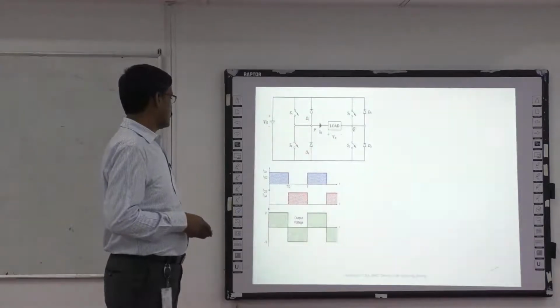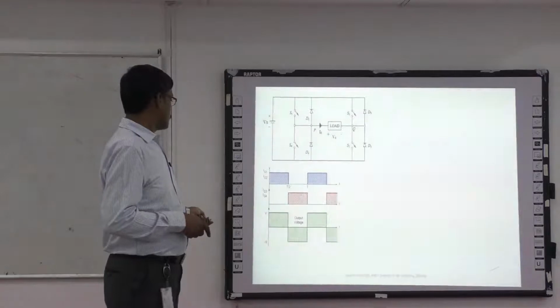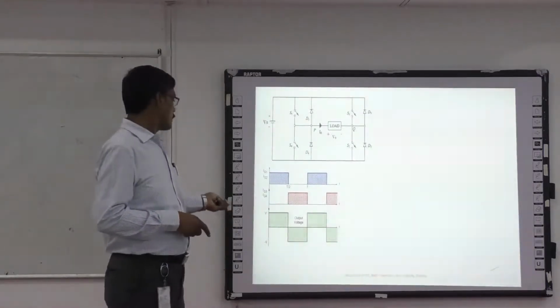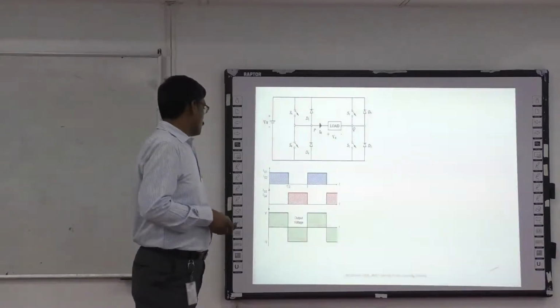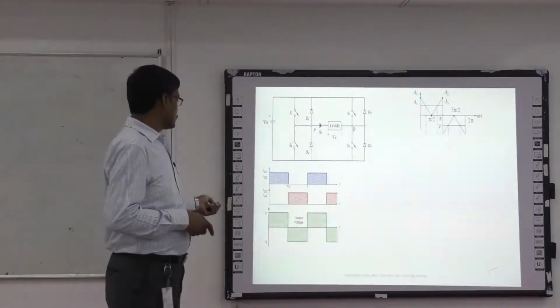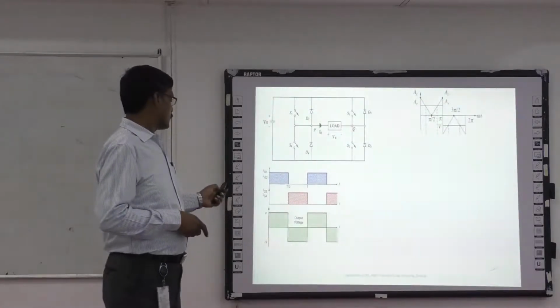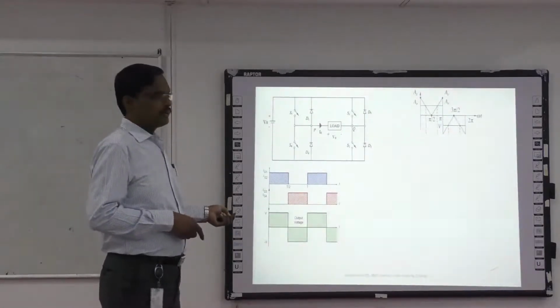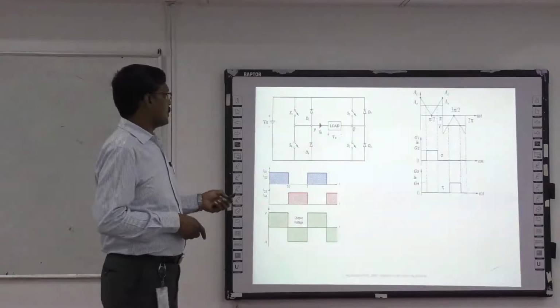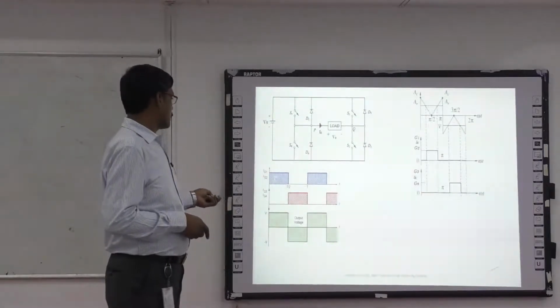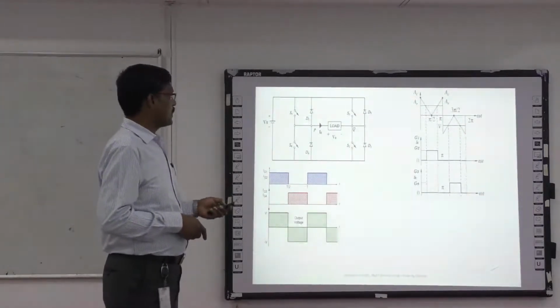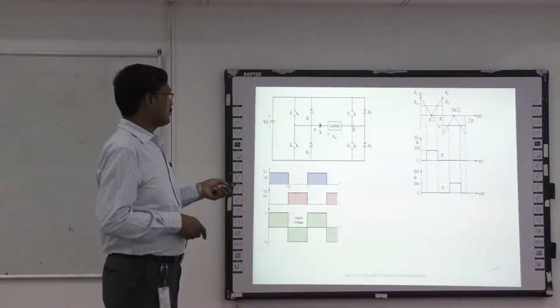So I am getting an alternating voltage waveform like this, a square waveform. It consists of only one pulse per half cycle. In this, the number of pulses is fixed, only one per half cycle. Therefore, the control is very easy. We will see how we can generate these control pulses by using a carrier waveform as well as a